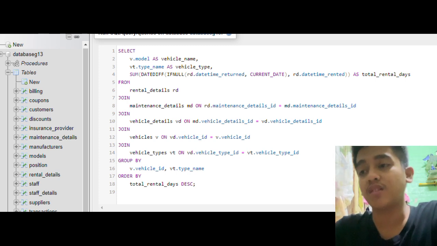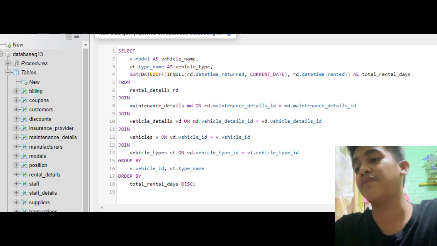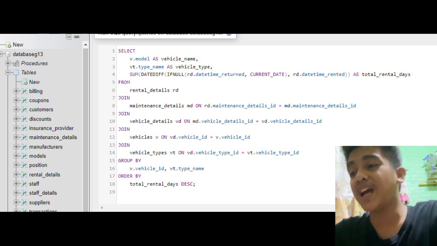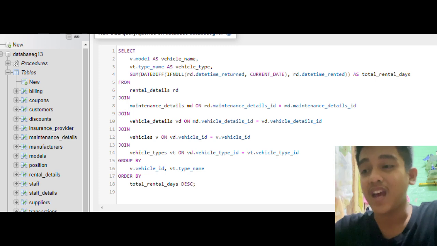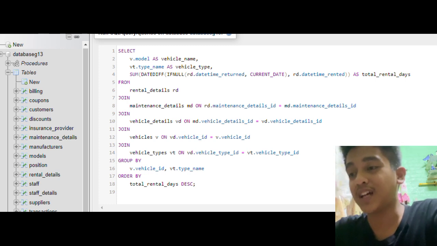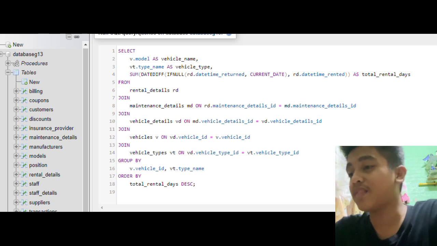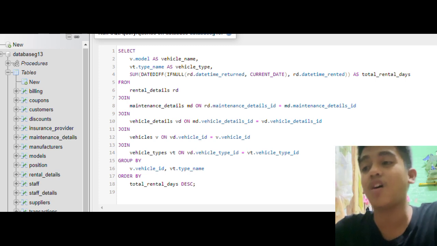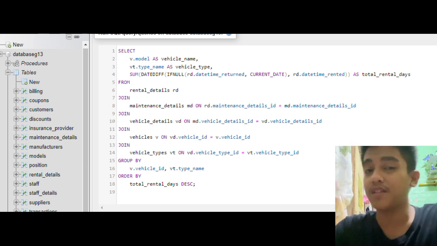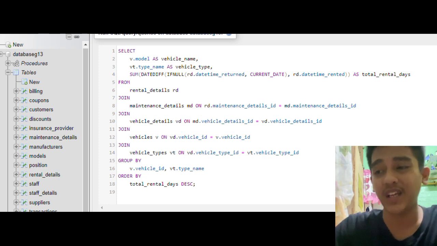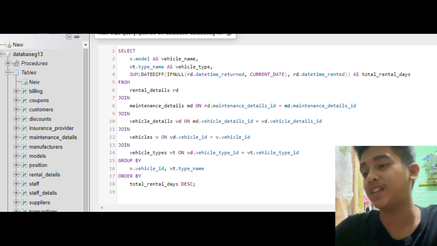Then, the result. The query will provide the vehicle name, the name of the model, the vehicle type, the type of the vehicle, and finally, the total rental days, which is the total number of days that the vehicle has been rented across all rental transactions. With this, it concludes that this query is for identifying the most utilized vehicle in the fleet based